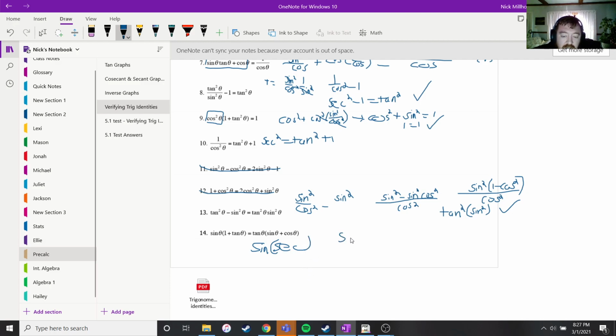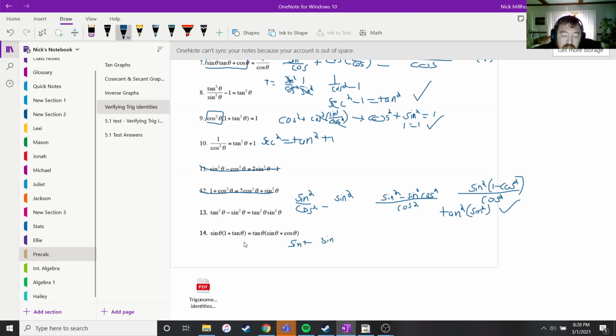So then you have sine over cosine, basically. Right, because if you have secant... Oh wait, no, that's 1 plus tan squared. My apologies there. Alright. So what we want to do is distribute this, so we'll have sine plus